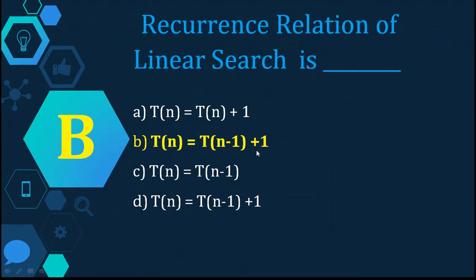plus 1. Why? Because every time in the linear search, let's say if we are searching the key with the first index, so when it has been compared, the number of elements left in the list is n minus 1. Again, then comparing with the second element, if the element is not found, the number of elements left in the list is n minus 2. So in this way, the number of comparisons are reducing from n to n minus 1, then n minus 2, and in this way we have written this question. And also we have discussed in detail the concept of the time complexity of linear search in the previous videos. So if you want to clear your concept, you can refer to the previous videos.